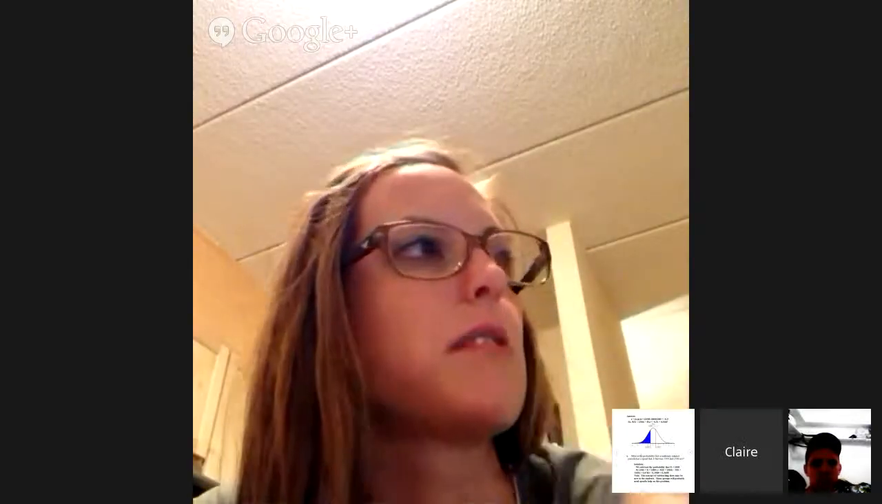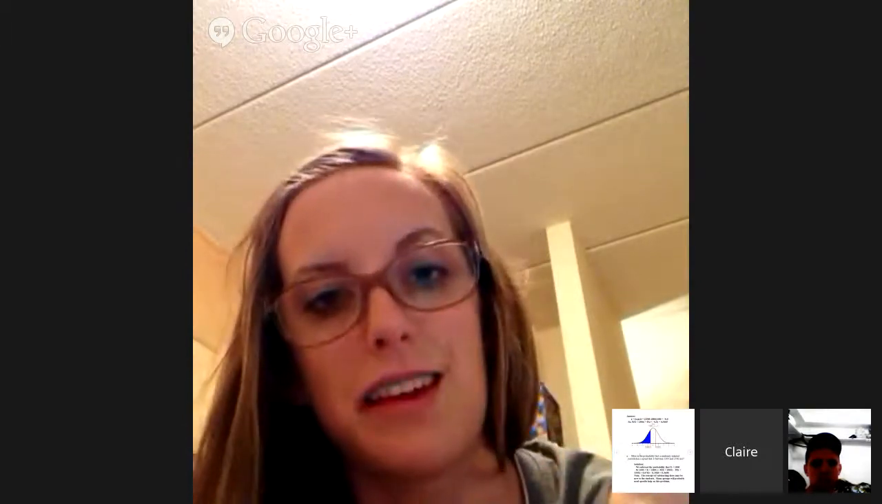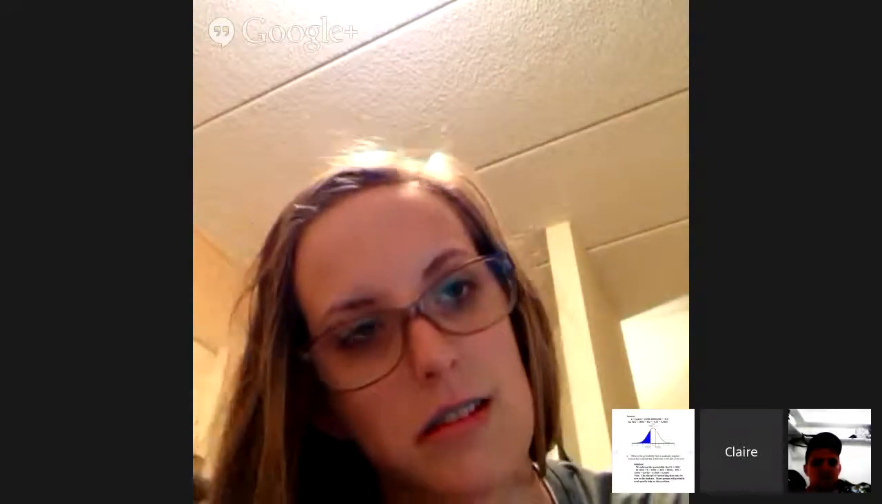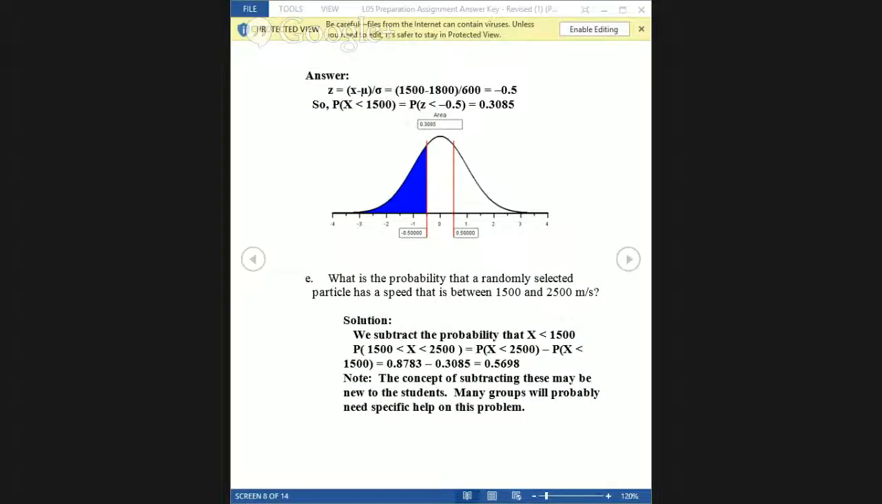Because it looks like they just did the answer from C minus the answer from D equals the answer for E. Does that make sense? It looks like what they're doing is finding the area for